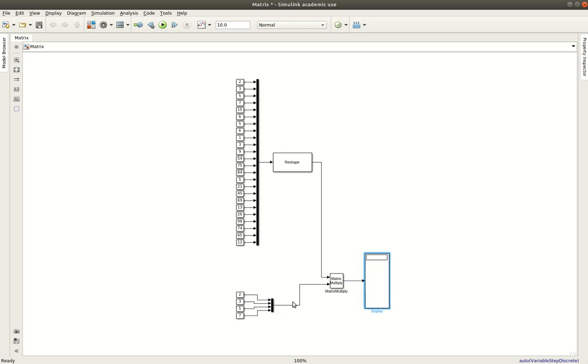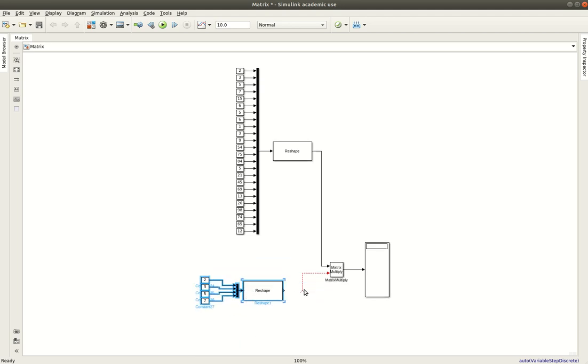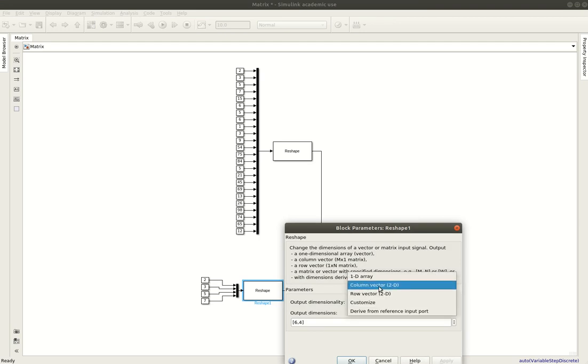Sorry, we have left the reshape block here. This reshape block should be set to column vector.